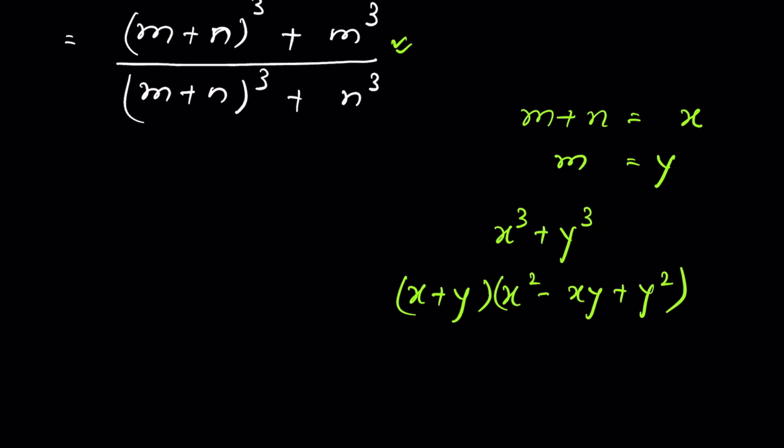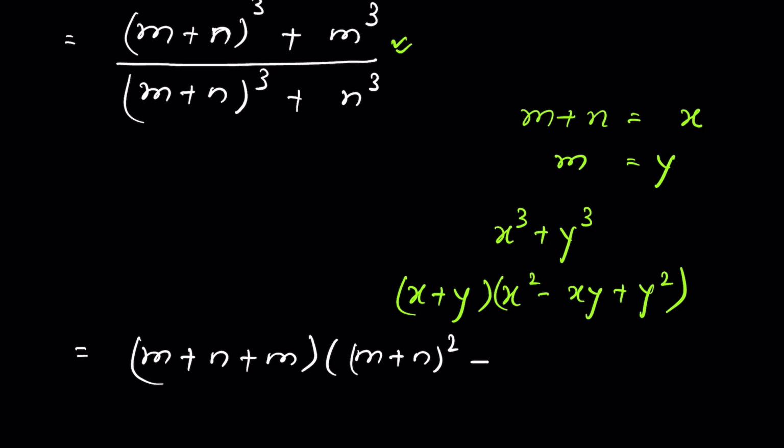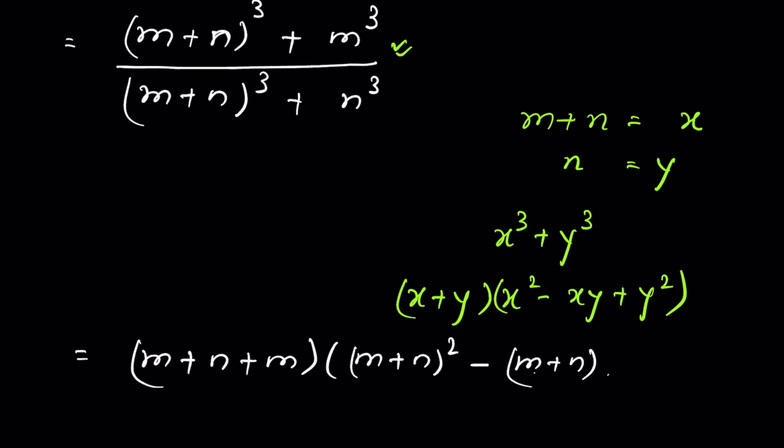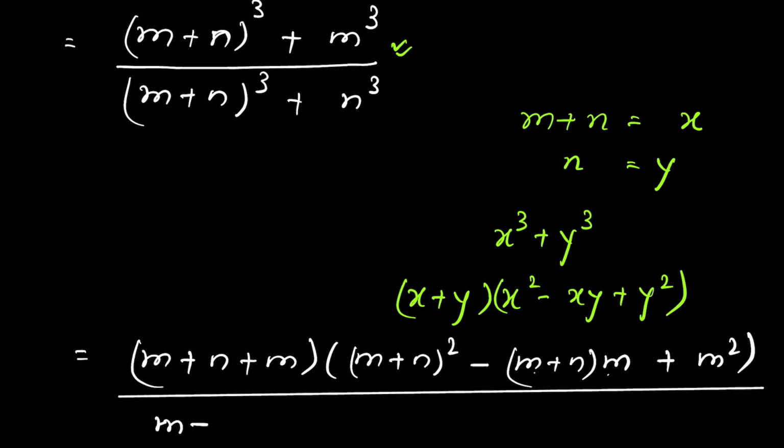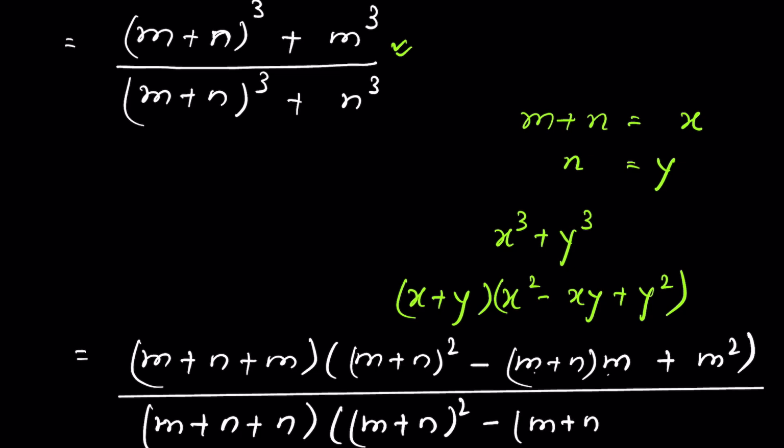So we can expand it as m plus n plus m, then times m plus n whole square minus m plus n times m plus m square, then upon m plus n, then times m plus n whole square minus m plus n times